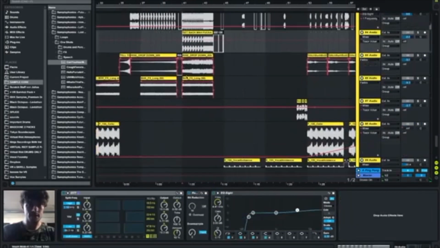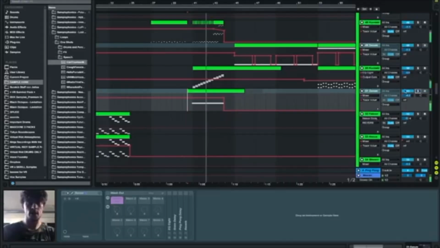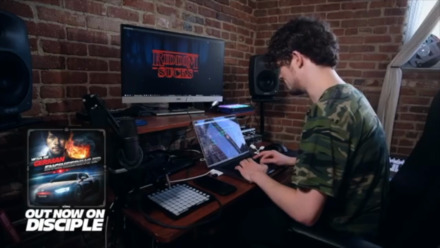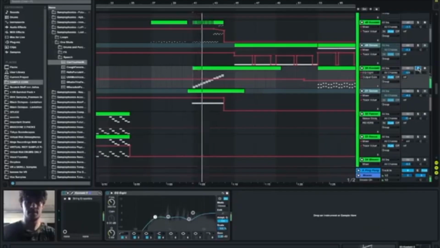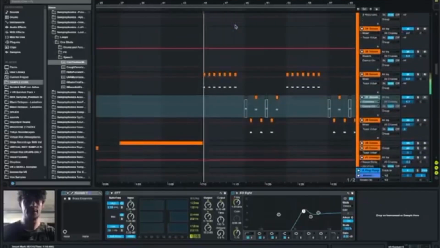What else do I have here? There's some riser samples. I think halfway through there's this little break. There's this little subtle riser that I like that's doing something right after that break, just as an additional element of tension. Classic psycho strings. And then the drop is very loud.